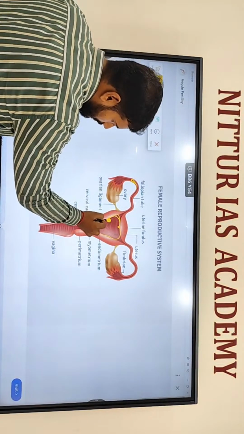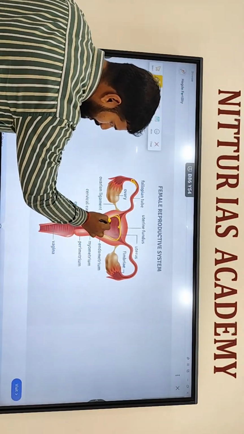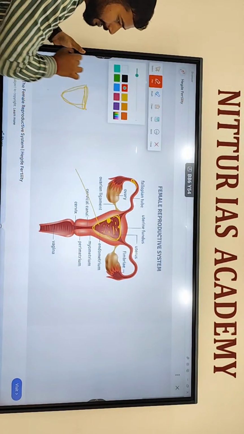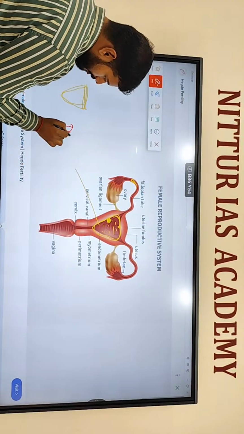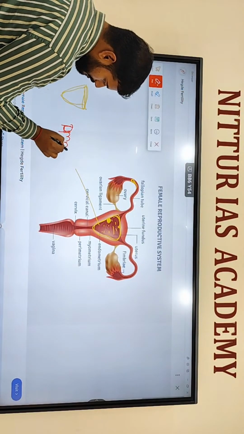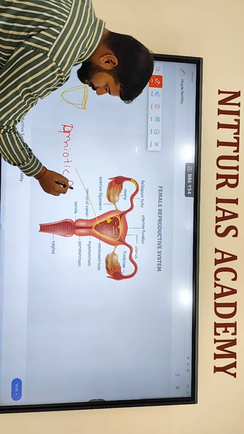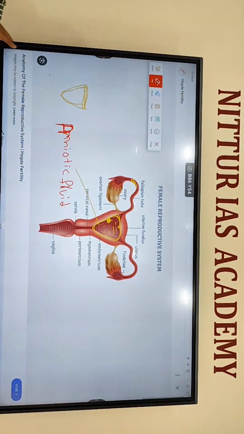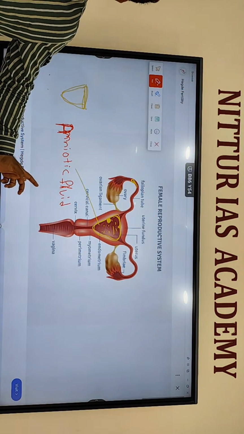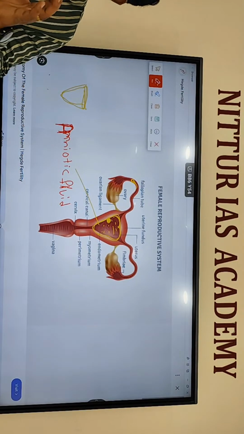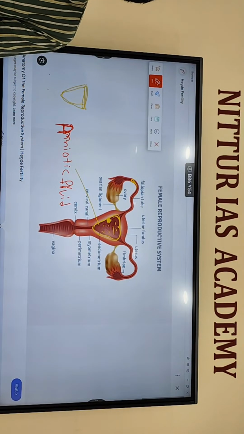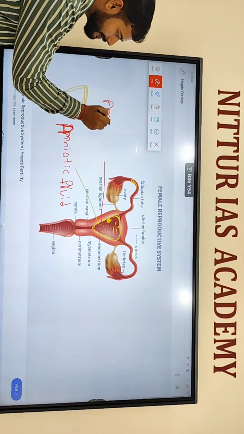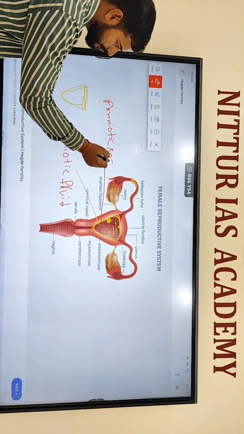Here, the layer is formed and the embryo is present, then it will be filled with a special fluid called amniotic fluid. Many times you might have heard that delivery got delayed because the baby drank some water. This is the water, the amniotic fluid, present inside the uterus sac. The sac is called the amniotic sac.